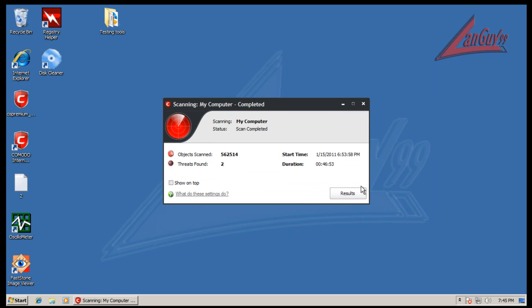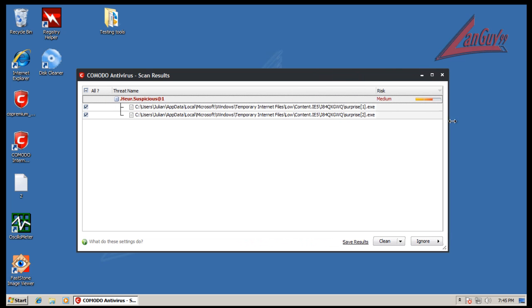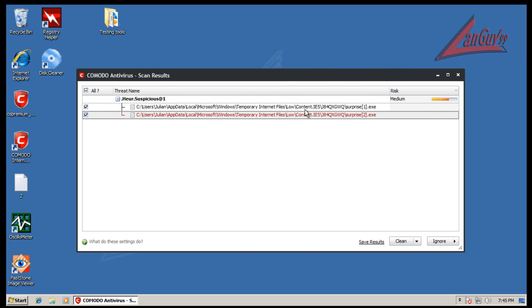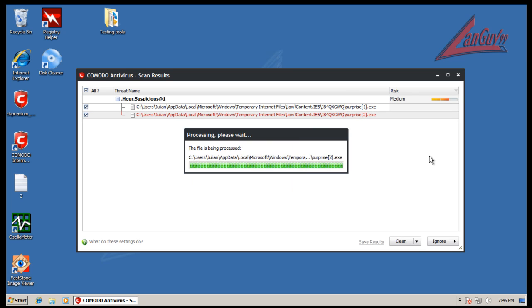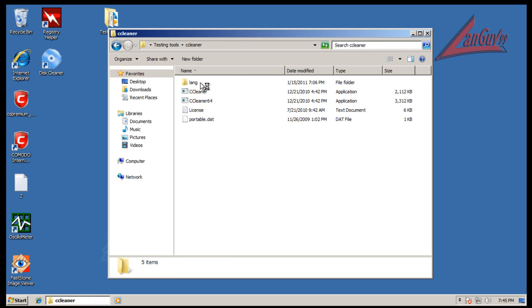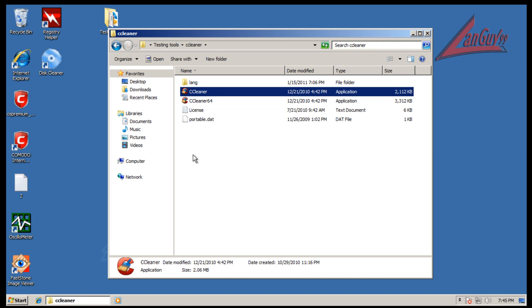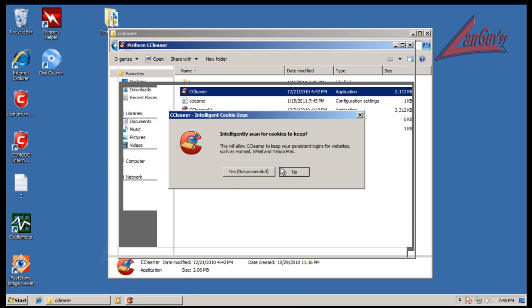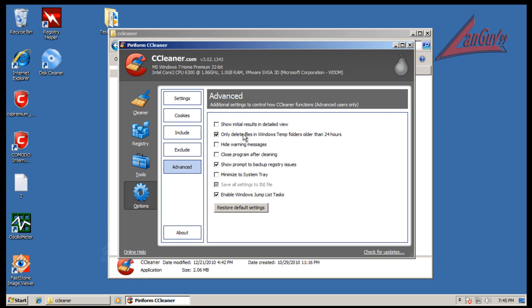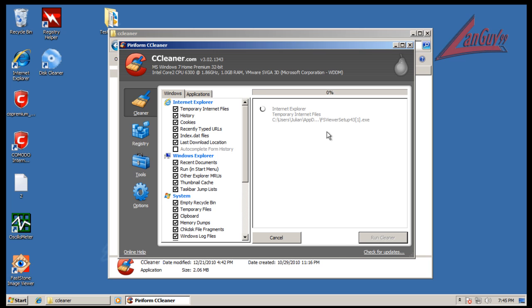Alright guys, so the scan took 46 minutes, and it looks like it found a couple of heuristic suspicious files and temporary internet files, so we'll clean those out. And I'm going to run CCleaner just to get rid of any temp files, any junk like that. After I run CCleaner, I'm going to reboot, and then I'm going to do a